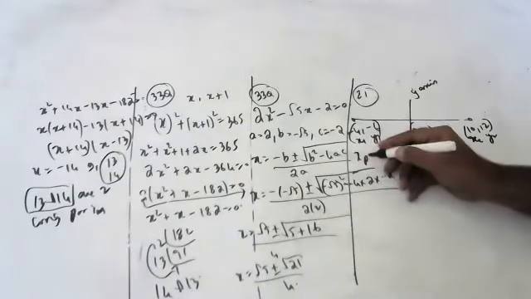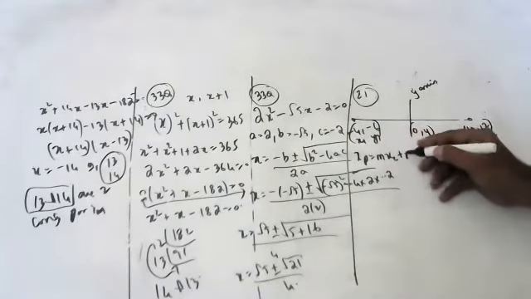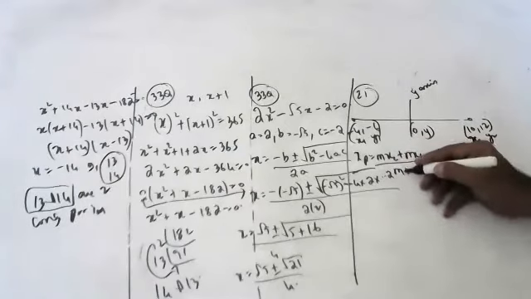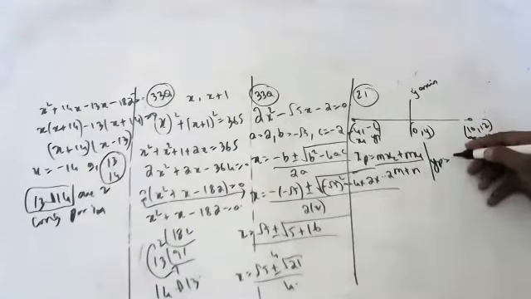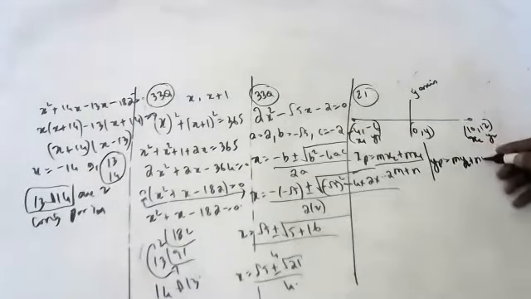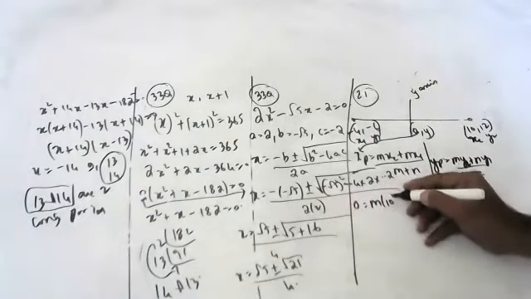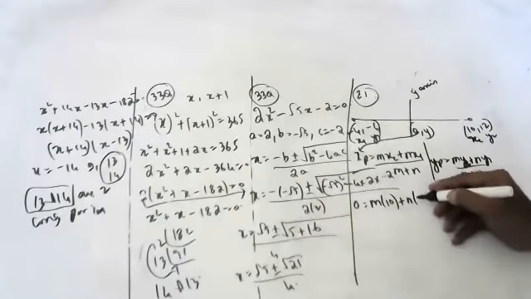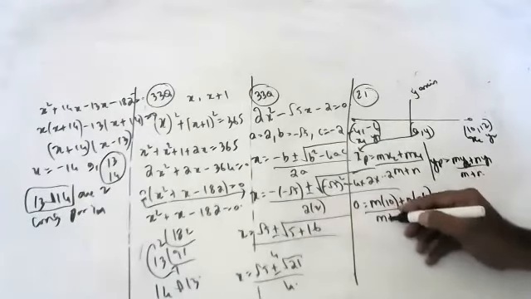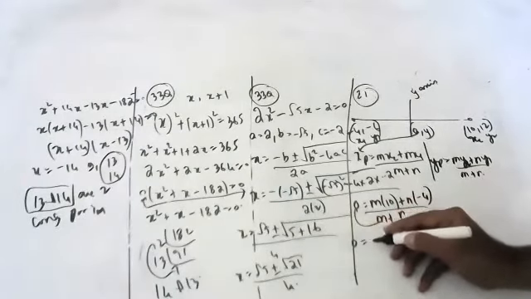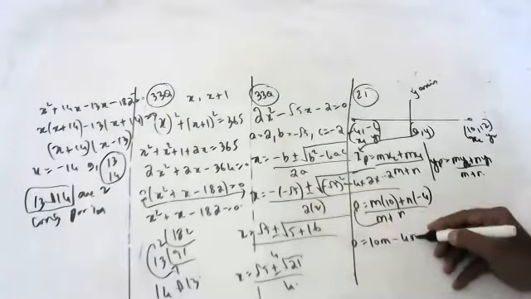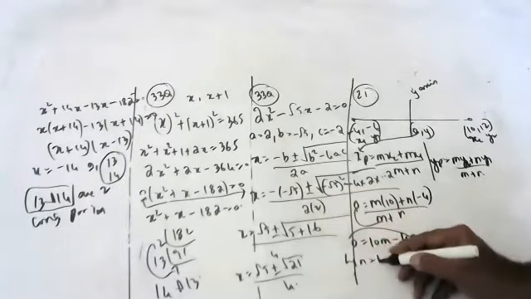Okay. What is the xp formula, children? (m x2 plus n x1) by (m plus n). What is yp, children? (m y2 plus n y1) by (m plus n). So first let us use 0 and find out the ratio. 0 is equal to (m into 10 plus n into minus 4) by (m plus n). So 0 is equal to 10m minus 4n, so 4n is equal to 10m.